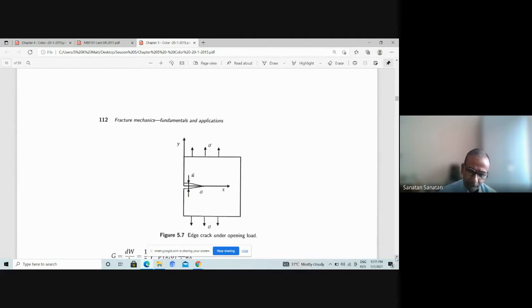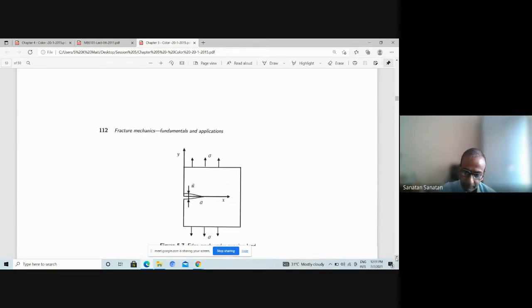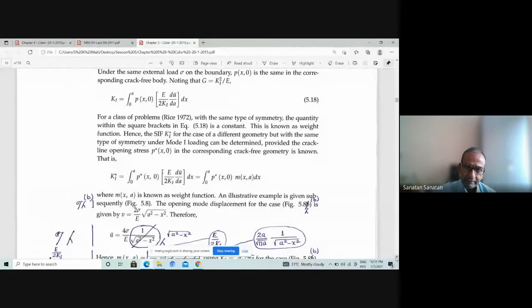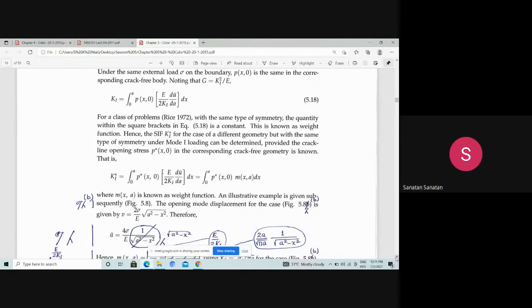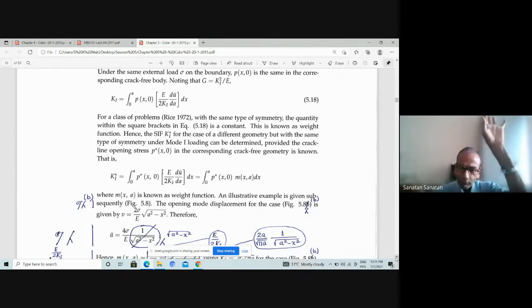And then for your problem, you know that you can find out the loading due to the specific loading that is specified. You take that and the value of the stresses along the crack line, and then you take this integration, which is a standard integration. So this is the loading for your problem. This is a single function which is available for the whole class of problems. Let's take this product and integrate, and that will give you the SIF.